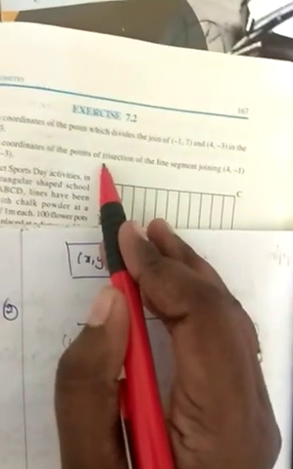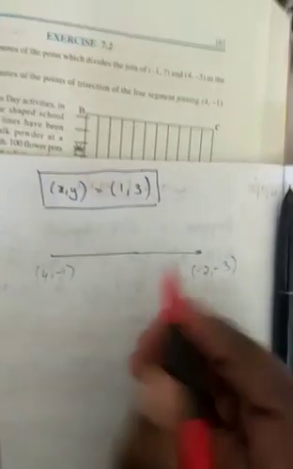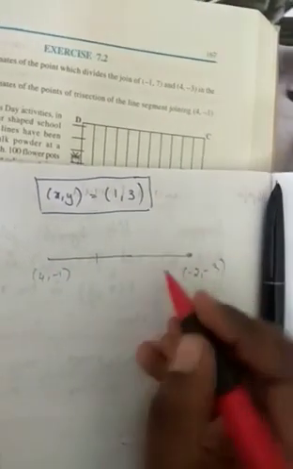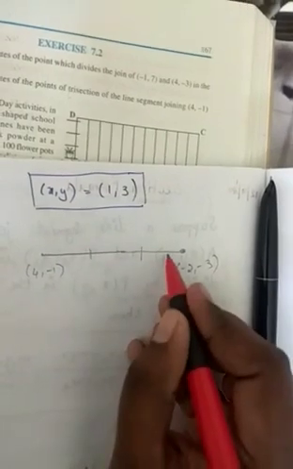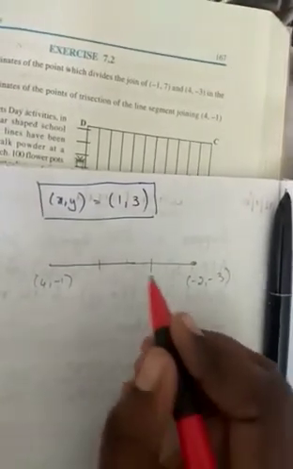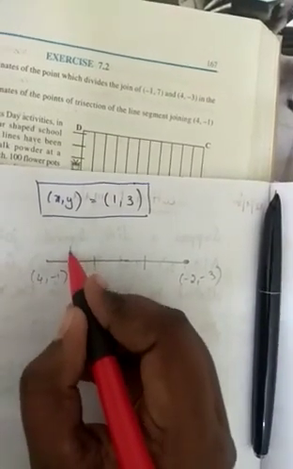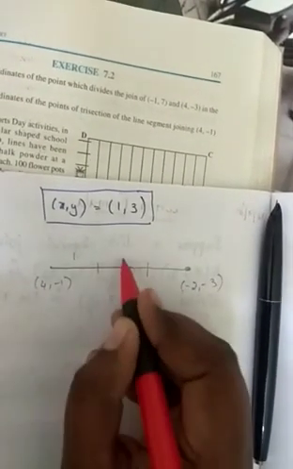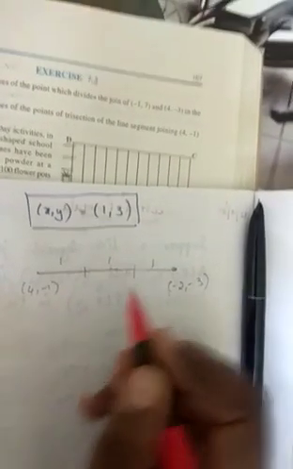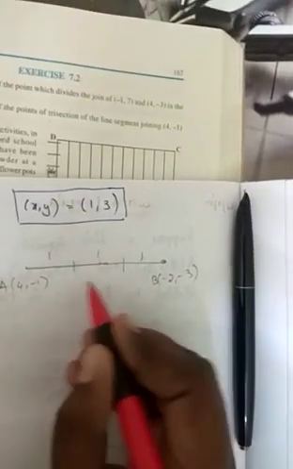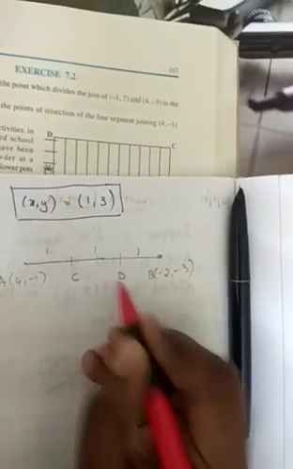Now what is given here? Trisection. Trisection means this line is divided into 3 parts. This is 1 part, this is 2 parts, and this is 3 parts. The most important thing is that all the parts are equal. If this is 1 part, this is also 1 part, this is also 1 part. I am going to give the names A and B to the ends, and let's name these points C and D.